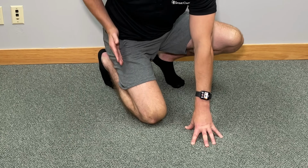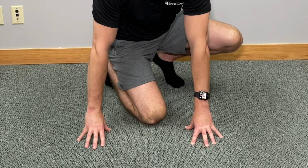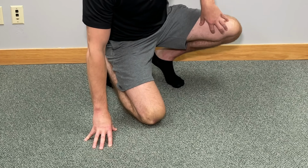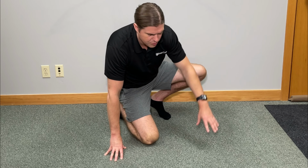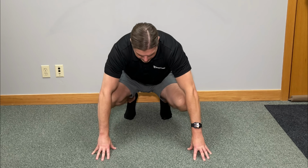So we're putting a lot of good internal rotation into the hip by doing this. Just hold this for about 2 to 3 seconds. While doing this movement too, what we want to do with the other knee is then drive that out. So we're putting the hip into external rotation. That's another reason why I like this exercise, because we're getting a lot of good internal and external rotation at the same time. What I'm going to do from there is come back up and then just simply do it